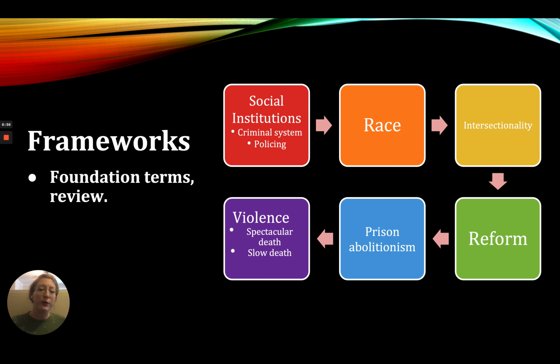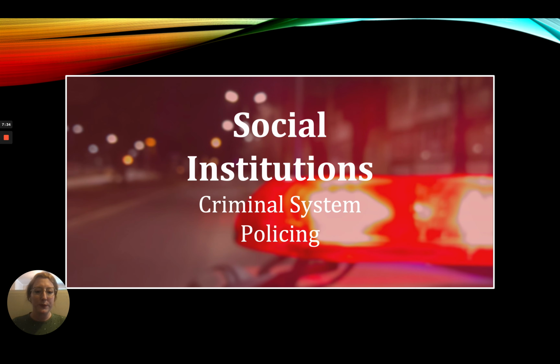And so, specifically, when we're thinking about the criminal system and policing, we can think about 2 different frameworks. We can think about reform versus abolitionism. And I'll talk more about what those things mean throughout the lecture because they're new definitions and terminologies and frameworks we're working with in violence over the life cycle. And then finally, I'm going to end this lecture thinking through violence that's specific to the criminal system and policing, and in particular, Shatima Threadcraft's work on spectacular death and slow death, which will really get to the nuts and bolts of what we're covering this week in a lot of ways.